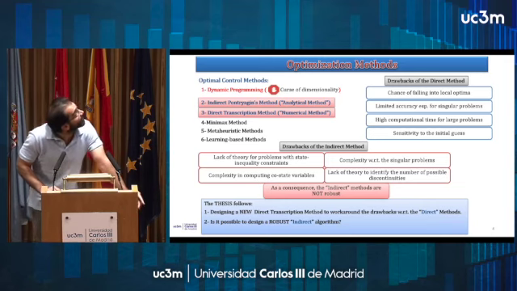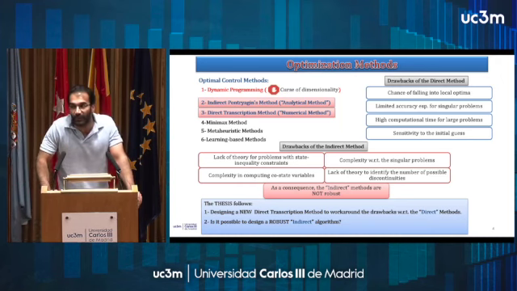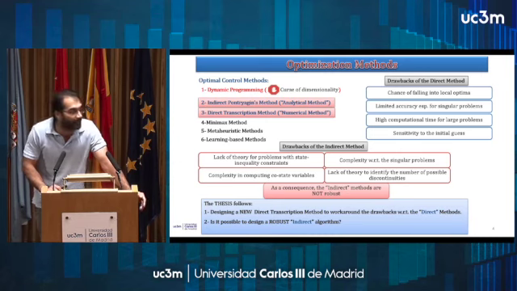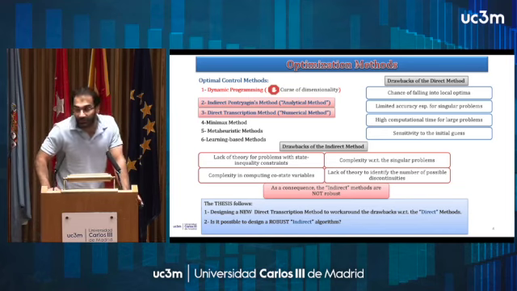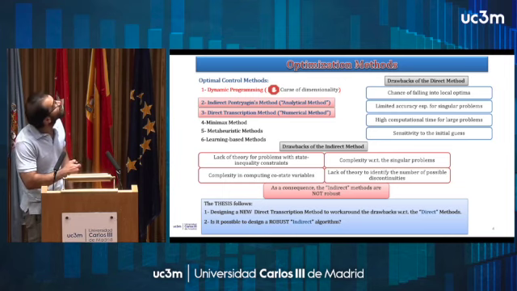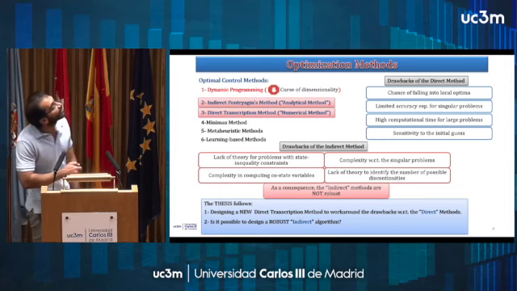For the first three methods that I've highlighted here, the first is dynamic programming, and unfortunately here we have a problem called the curse of dimensionality, which restricts application of this method. Although the method is very complete and it uses the Bellman principle of optimality, for this reason, the curse of dimensionality, it cannot be applied to many practical situations. So this leaves us with two methods: the indirect Pontryagin maximum principle, which is the analytic method, and the other one, which is called a numerical method.